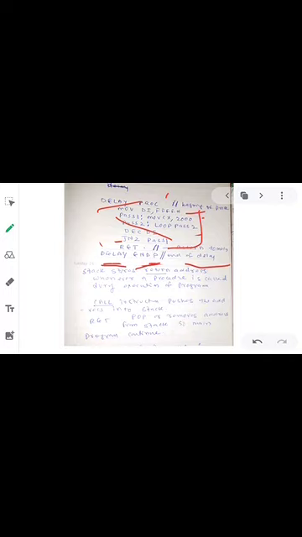After the procedure is completed, it again has to resume the main program. How to resume it? The IP address of the last instruction will be stored in the stack by using the push operation. Then after the procedure completes, when it encounters the RET, the main program has to resume its execution.